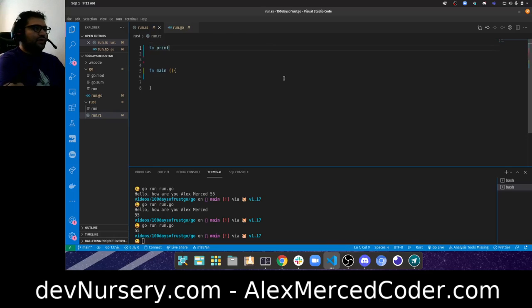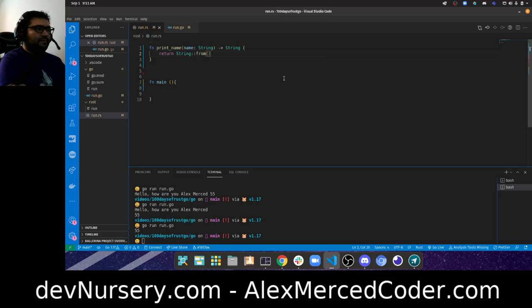Function print name. Okay, and then we're going to want to take in one argument, name, which is going to be of type string. And then it's going to return, and the return value you have to use is an arrow. Just say what you want to return, and I want to return a string. Okay, so in that case, what I want to do is return new string